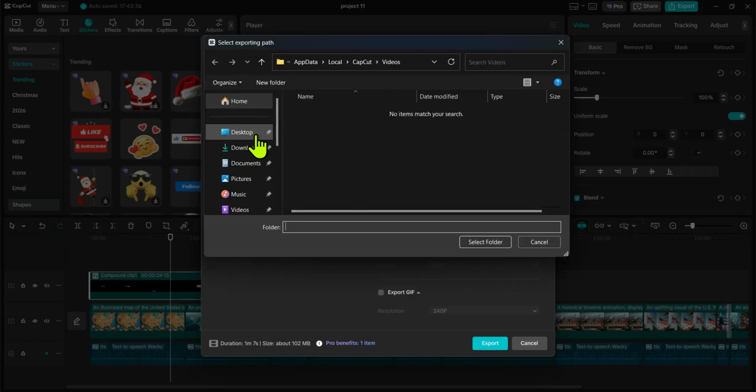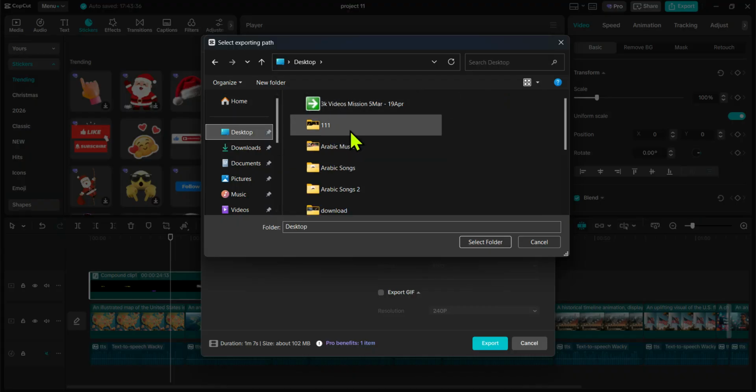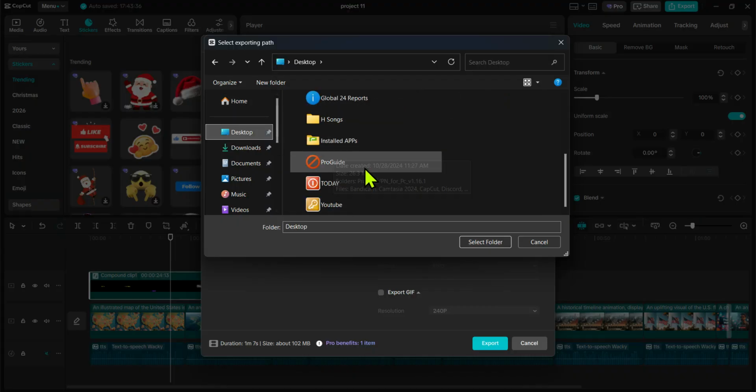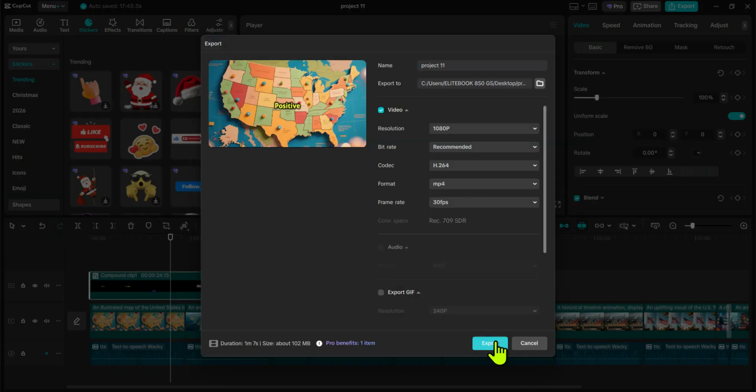So the first thing to do, you tap on this desktop side, and then you go and choose the folder that you want to save your project. Let's say I want to save my project inside the desktop. After you select the location, you tap on this select folder button, and from there you tap on this export button. After you click on the export, the project will be exported into the